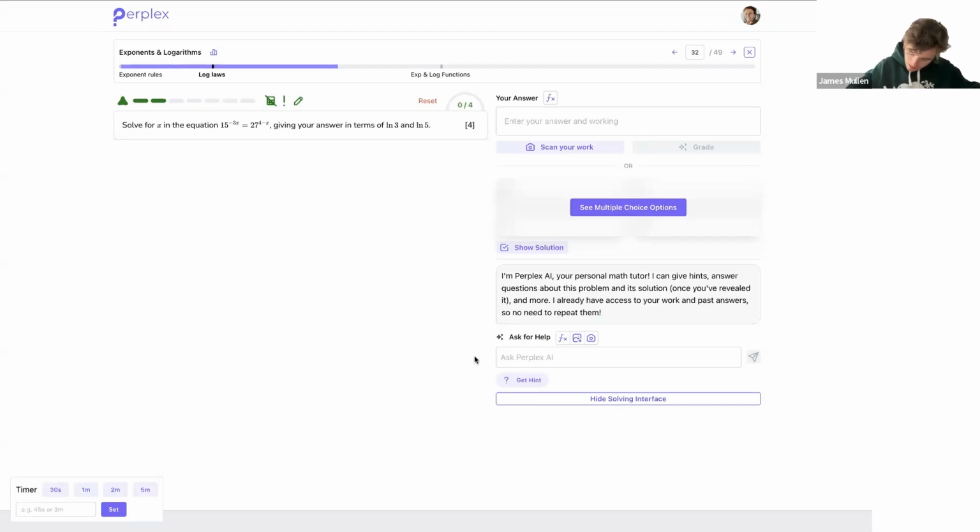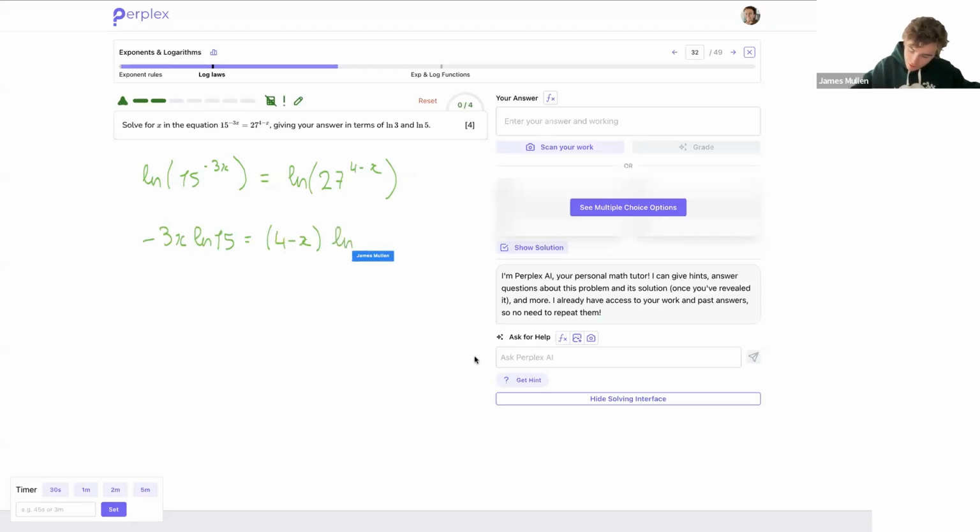So I'm going to write ln of 15 to the power negative 3x is equal to ln of 27 to the 4 minus x. Now I can use the rule which says that the log of a power is the power times the log of that base. So it's negative 3x ln 15